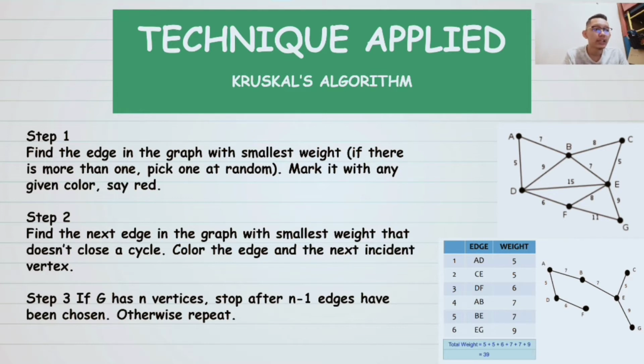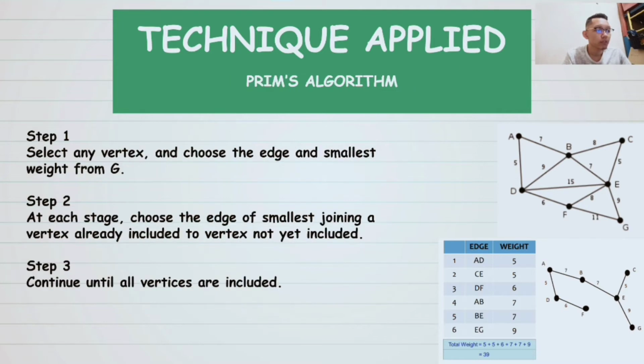Step 2, find the next edge in the graph with the smallest weight that doesn't close a cycle, and then color the edge and the next incident vertex. Step 3, if G has n vertices, stop after n-1 edges have been chosen, otherwise repeat. And that is Kruskal's, and next